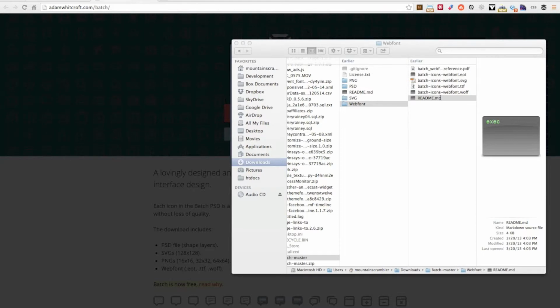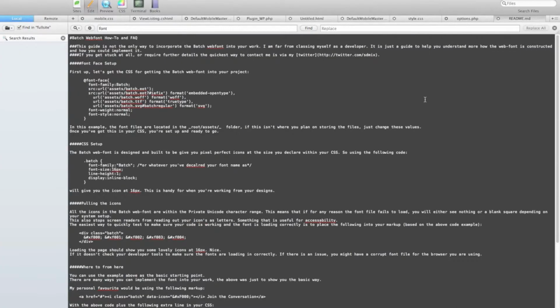Each one will be a little bit different. Here you can see that first you're going to set up the CSS to pull in the font set. Everything you need to pull this font in and set it up, and then they tell you the CSS on how to set your fonts up, and then how to pull your icons in once you get set up. And they've got a key in there that'll tell you exactly what all of these little symbols mean here. So that's pretty cool, except